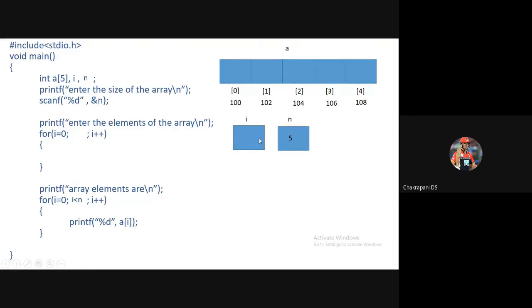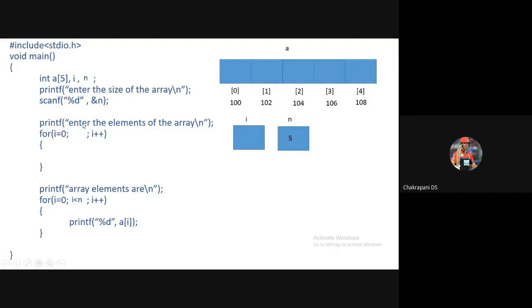After asking the user to enter the size of the array, that is 5, I have got the picture that the user wants the size of the array to be 5. That means next time the user will enter only 5 elements. Namge size of the array 5 ant gotidre. If I am the one who is entering and deciding the size, then I will definitely know that the elements should be 5 itself. So after reading the size here, I'm asking the user to enter the elements of the array.